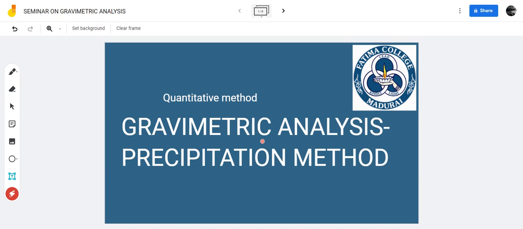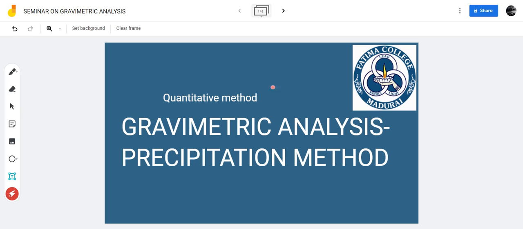Here we go with the gravimetric analysis by precipitation method. Gravimetric analysis is a quantitative one, that is, a way of identifying how much of anything, any substance, you have in a particular sample. Basically, it is used to determine the concentration of the target ion present in the solution we have prepared via